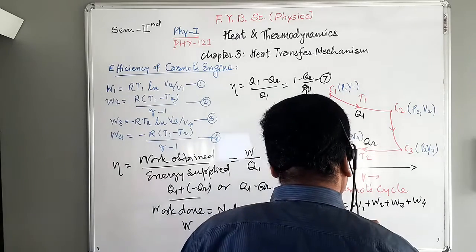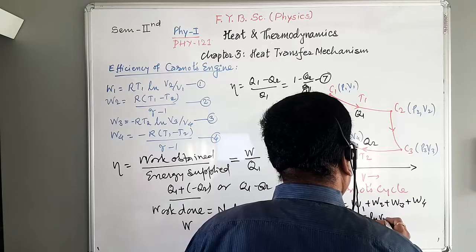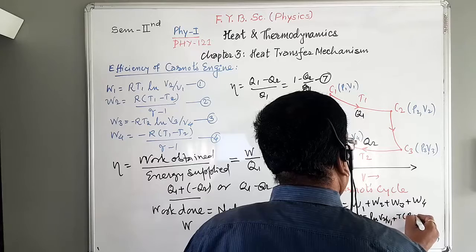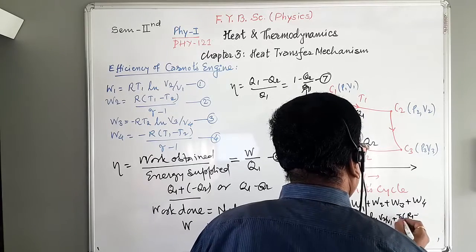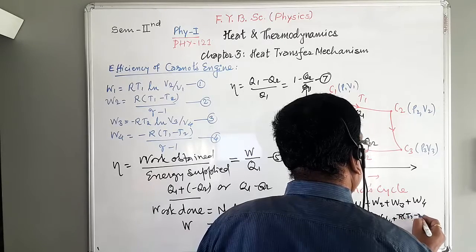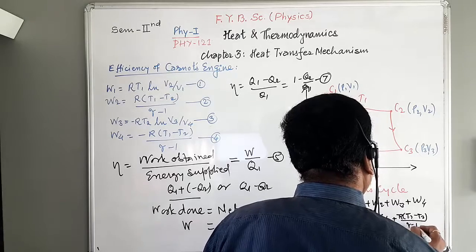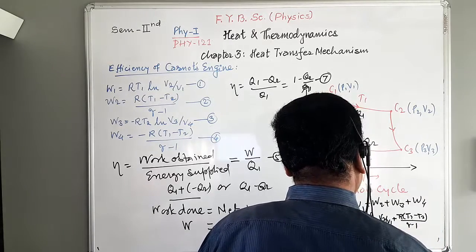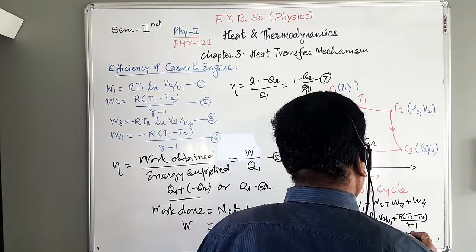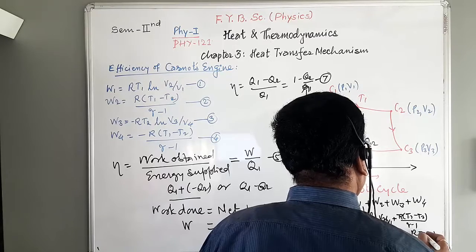Obviously, we have R T1 ln V2 upon V1 plus R (T1 minus T2) upon gamma minus 1, minus R T2 ln V3 upon V4, minus R (T1 minus T2)